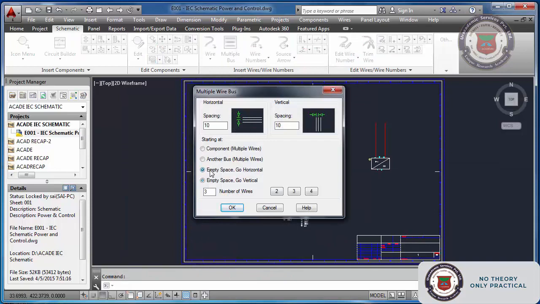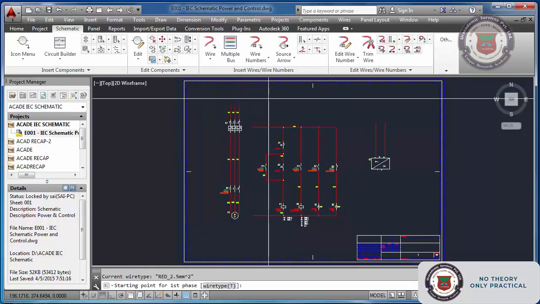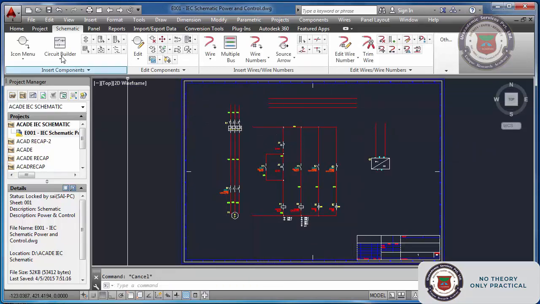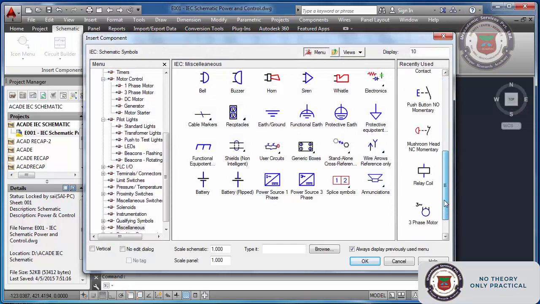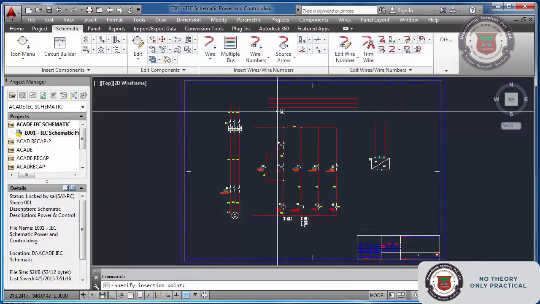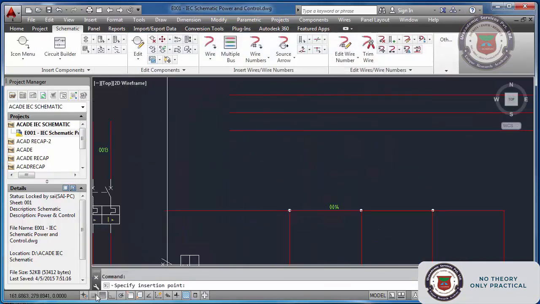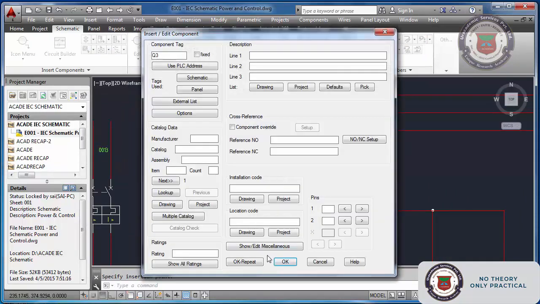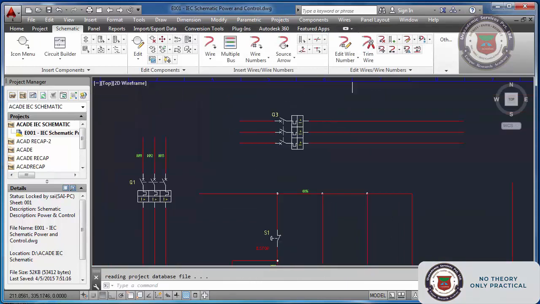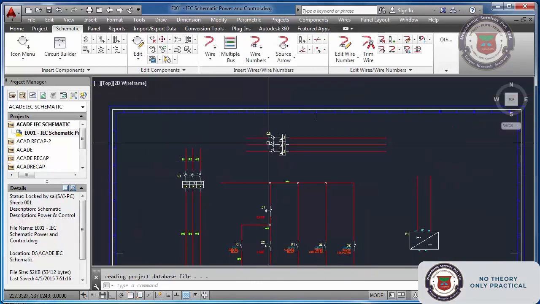Now suppose I am making the same circuit in this fashion, I am putting a circuit breaker here in this way. Both the circuits are same.